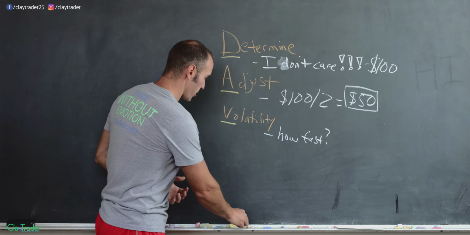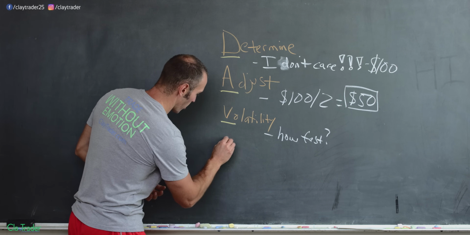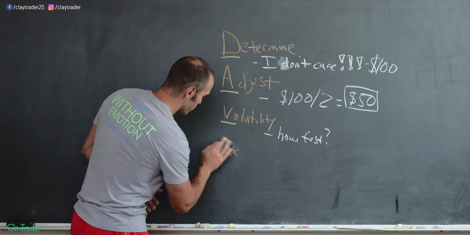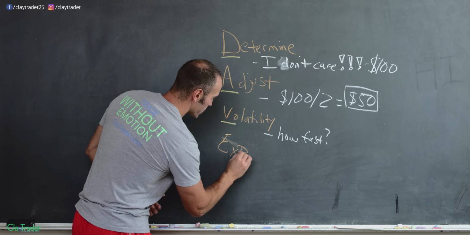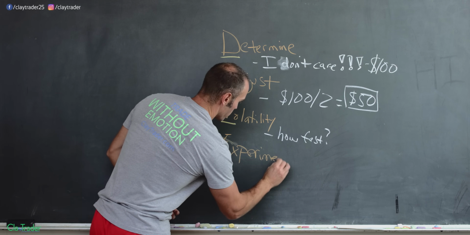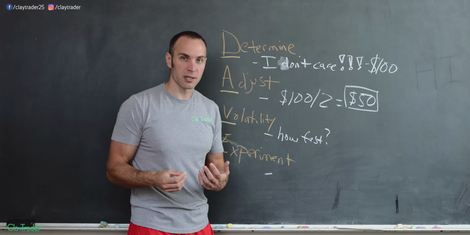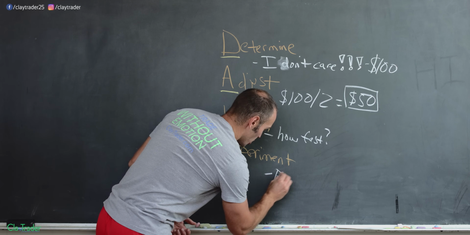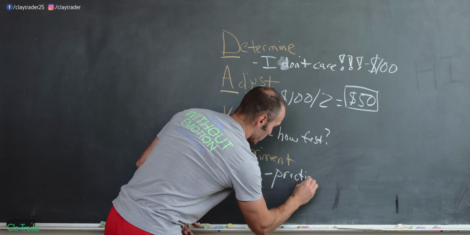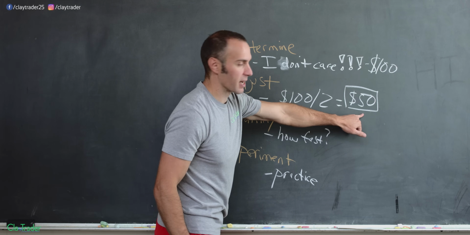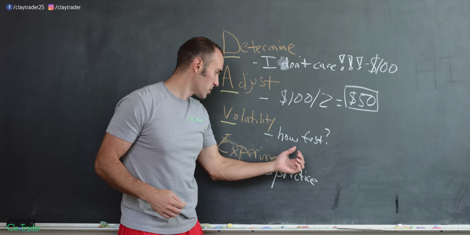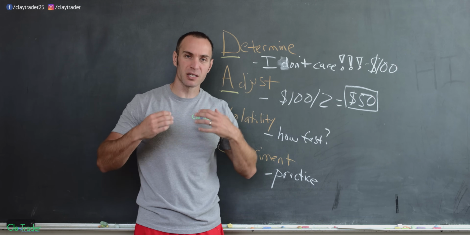And then the final part here, and this is the fun part, is okay, well, that's the worst looking E I've ever seen. It's now time to experiment, right? Or in other words, you need to go out there and actually practice. So you're going to actually get out there and start to trade and start to practice with that number in mind.